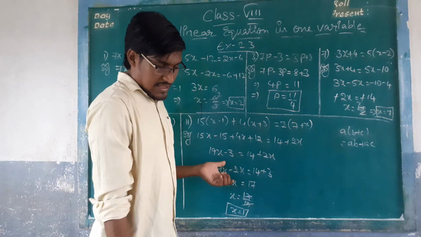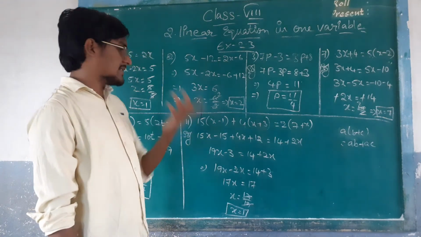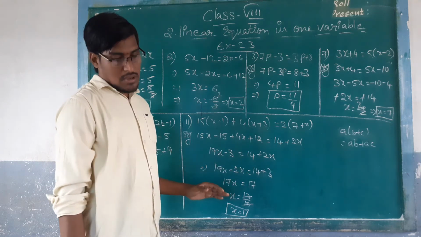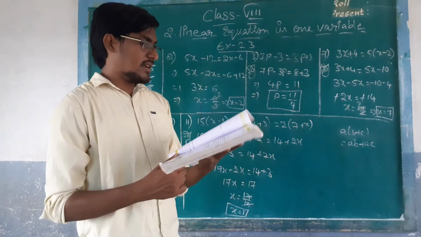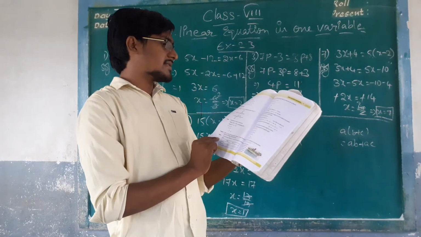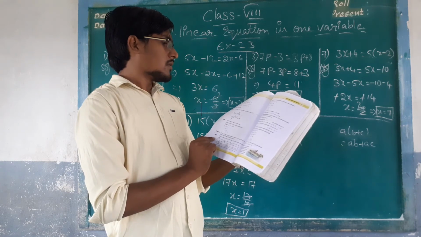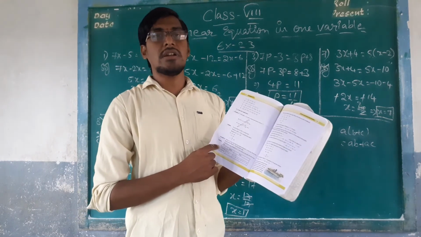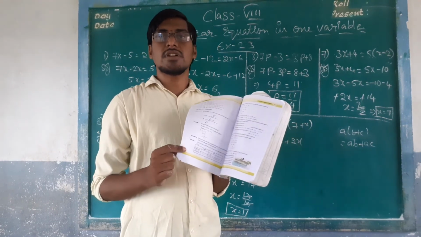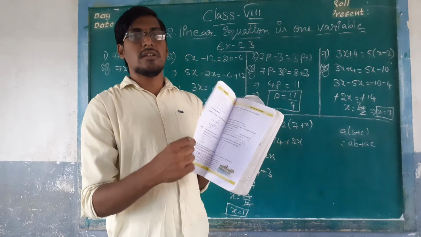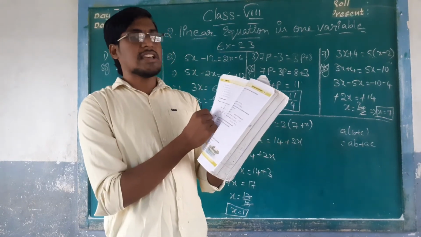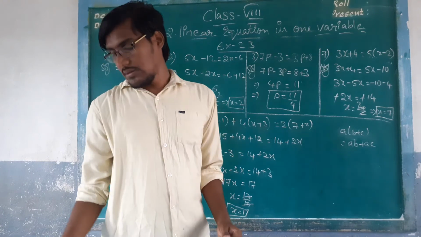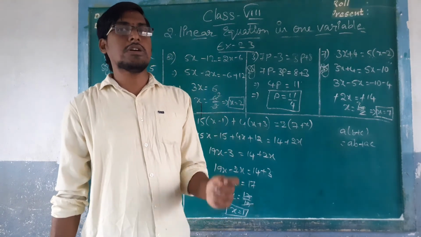And there are other sums, 12, 13, sorry, not examples, exercise sums. 12 and 14 are the same model, you have to do them. I will explain the 13th sum as an example, and you have to do the 12th one and 14th. There are 14 sums in exercise 2.3, you have to do them. So I will explain the 13th sum. Okay, have all of you understood these topics? This is a very simple exercise which can score more marks.